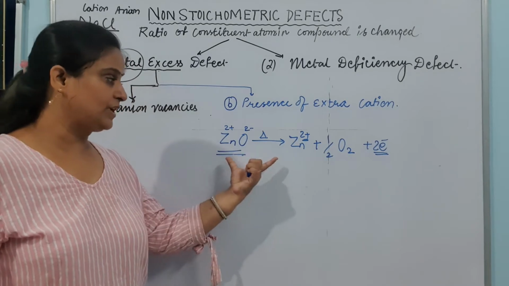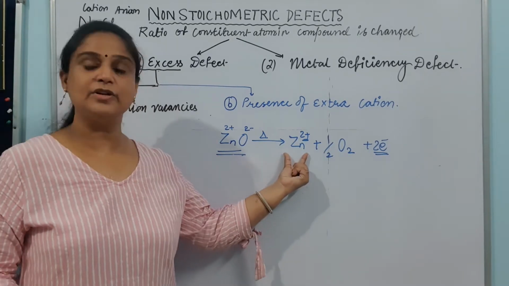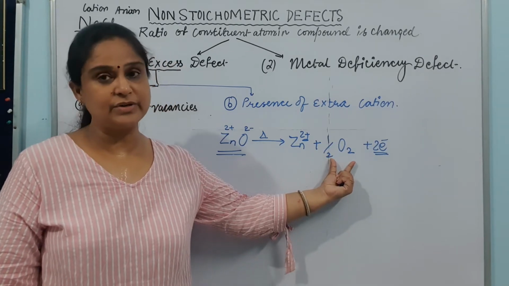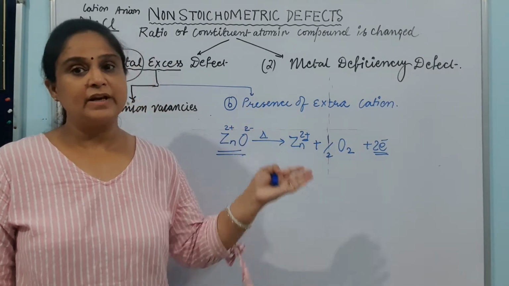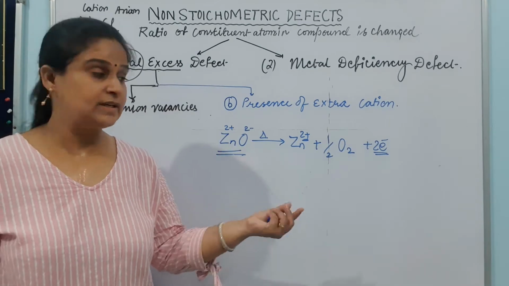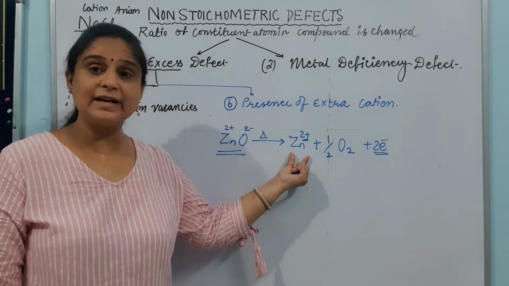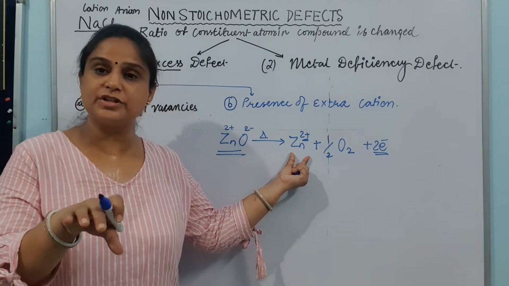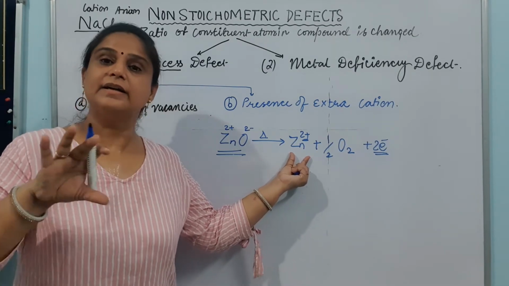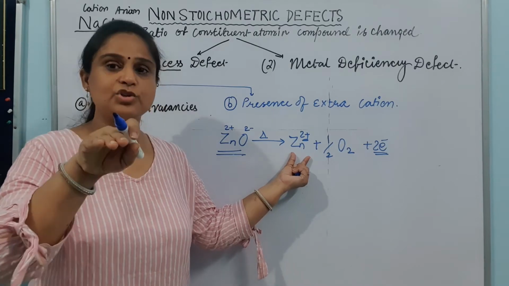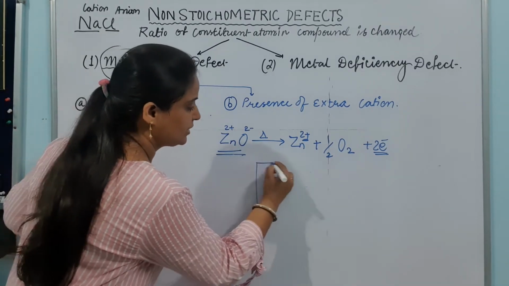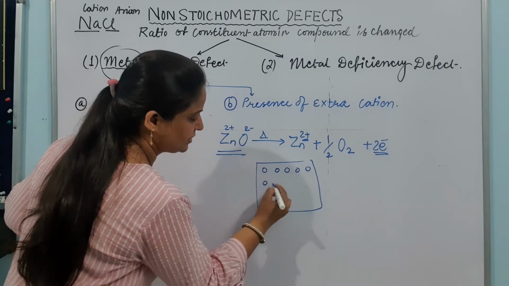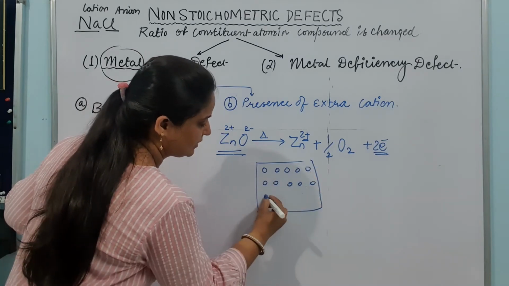Now what will happen on heating, some of the zinc ions will lose their electron and will convert this oxygen into oxygen gas. Oxygen तो गयी, it is removed in the form of oxygen. अब oxygen is removed, but the zinc ions, क्योंकि cations are very small, they will leave their positions in the array या in the crystal lattice. तो अपनी position छोड़ के they will come into the interstitial spaces. I am making this like this. Just imagine कि ये क्या था?